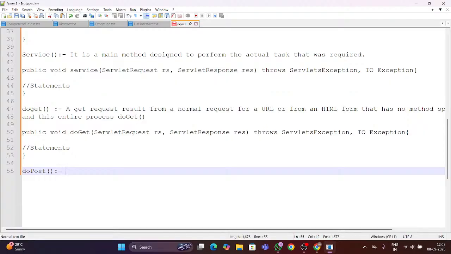So it will be the response, and you have to collect the parameters. What parameters? You have to collect the email ID and the password, and you have to create an account for the user. So this entire thing will be handled by doGet, doPost and doPut. Yes, of course, the service method is very important, and it works like a main method. So when coming to this doPost,